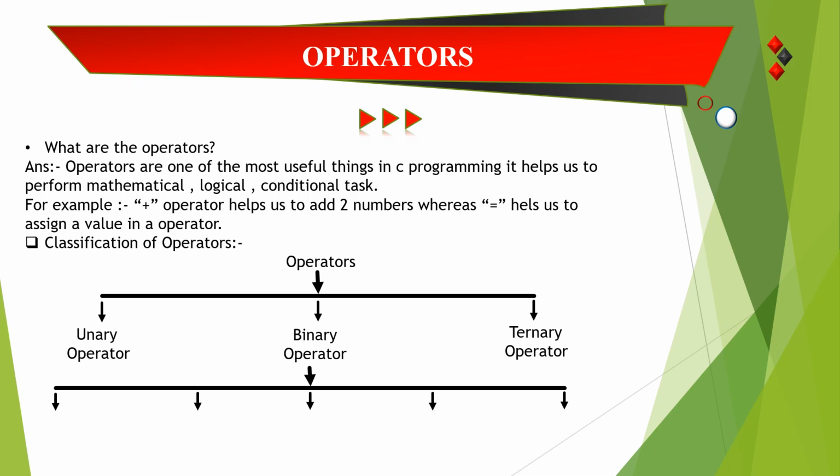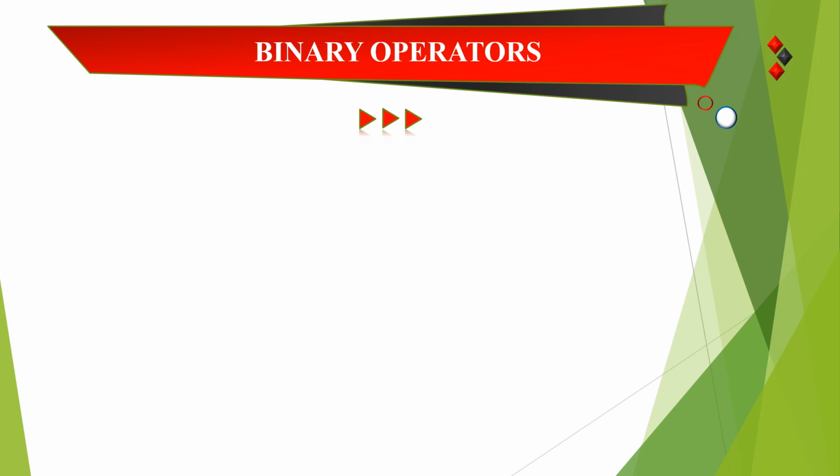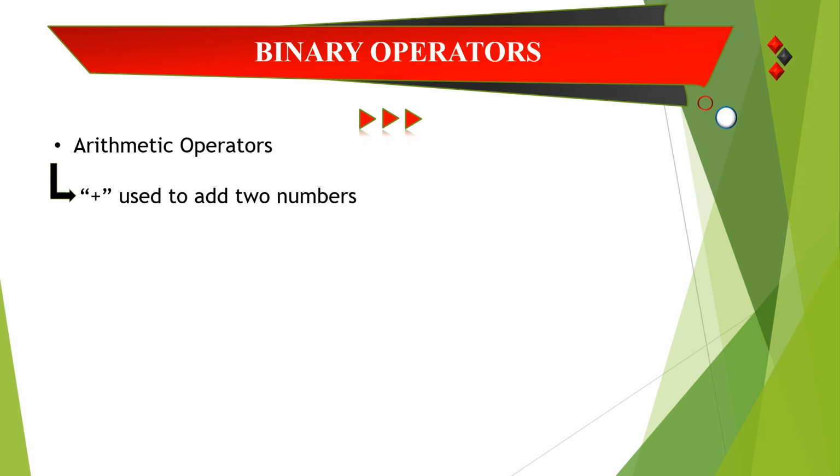There are many classifications of binary operator also, like arithmetic operator, relational operator, logical operator, bitwise operator, and assignment operator. So we are going to cover this with 5 videos, and in the first video, that is in this video, we are going to talk about only the arithmetic operators. So the binary operator has the arithmetic operator, and the classification of arithmetic operators is like this: